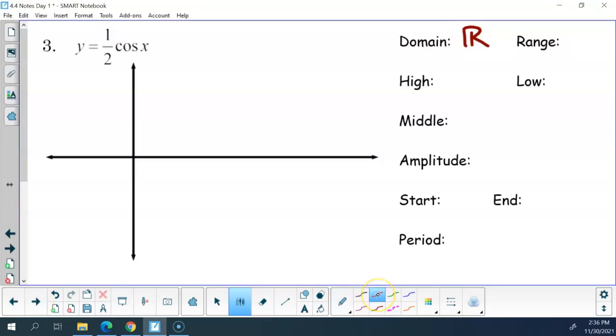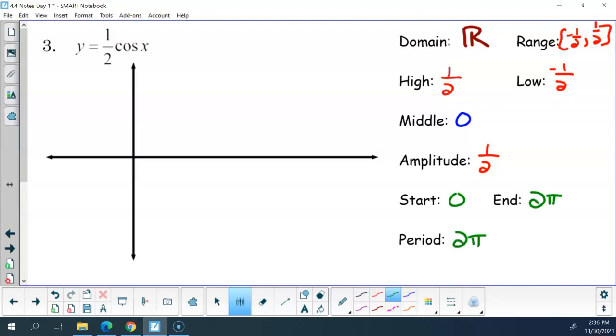Yeah, domain of all real numbers. I get a middle of 0, an amplitude of 1/2, which puts my high at 1/2, my low at negative 1/2, which gives me a range of negative 1/2 to positive 1/2. Starting at 0, ending at 2 pi, which gives me a period. Cosine with a positive